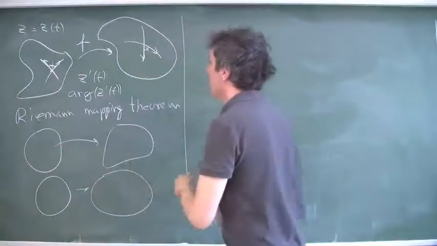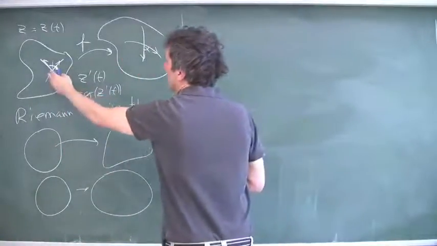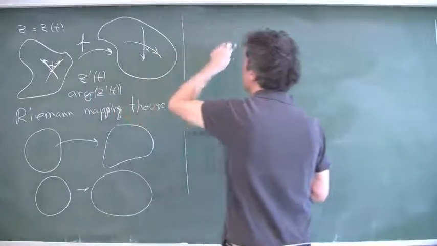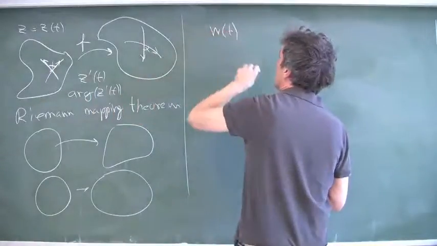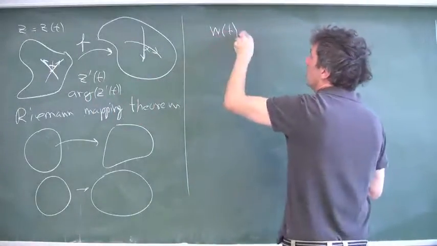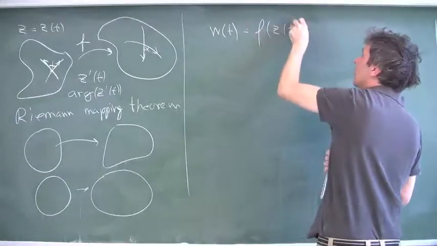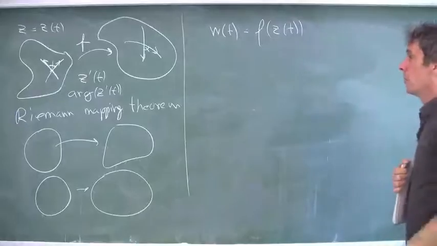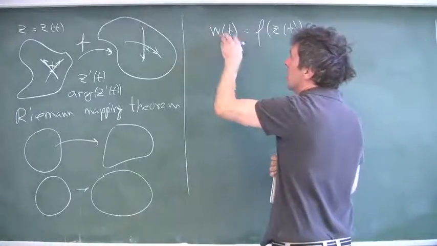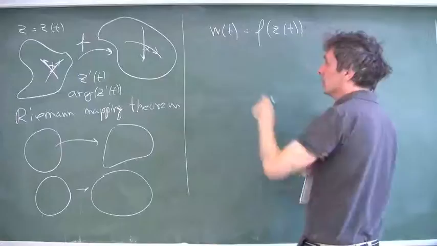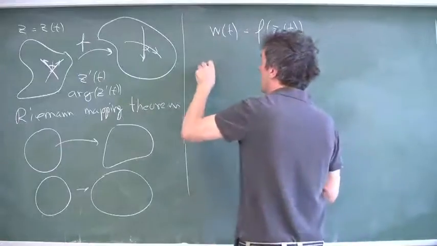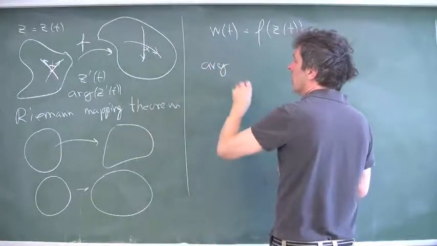If you consider the curve you get by mapping by f, then you get a curve which you can write as w of t, which is equal to f of z of t. And of course, the direction of the tangent of this composed curve will also be given by the argument of